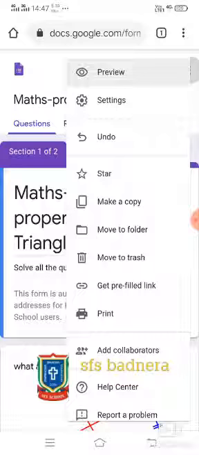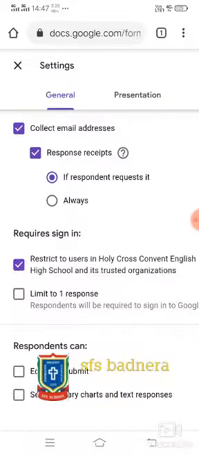Or now just simply click on the setting button, and here you may find different settings which you want your students to do. Okay, so response receipts, actually if you will be selecting this to always, the student have to add their own email ID once they are responding it. Okay, so if they are not adding their email ID, this form cannot be returned. Okay, the paper of the exam will not be returned to you. Okay, they cannot submit it.